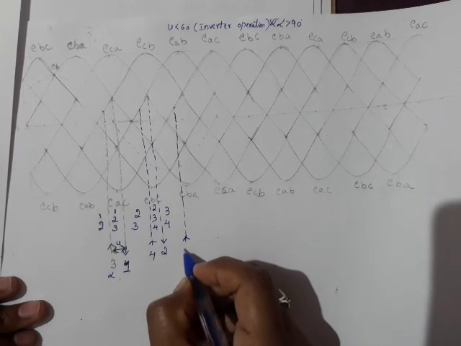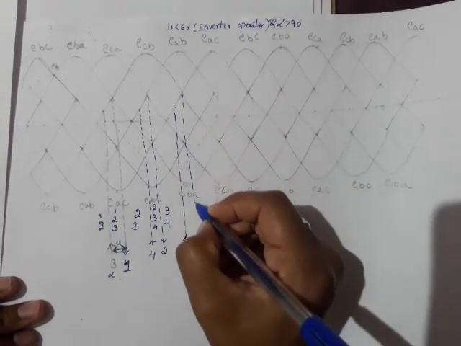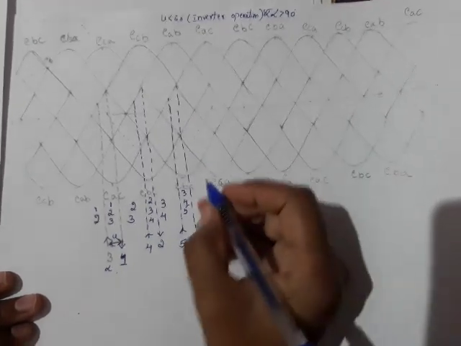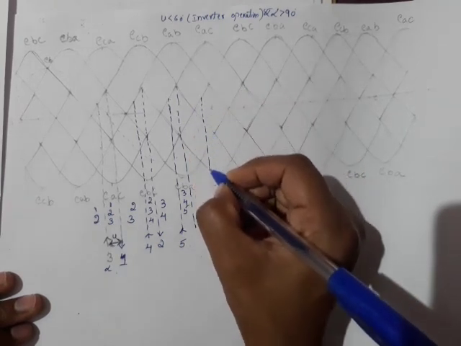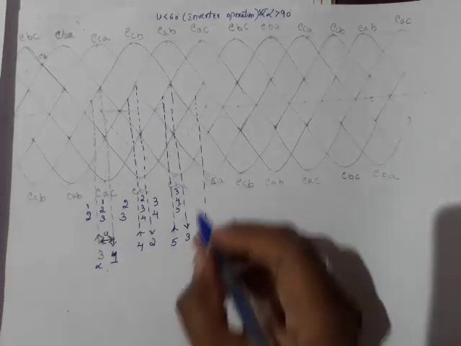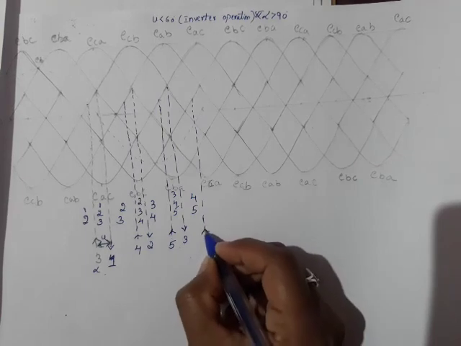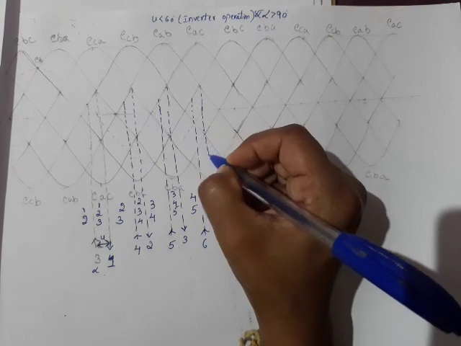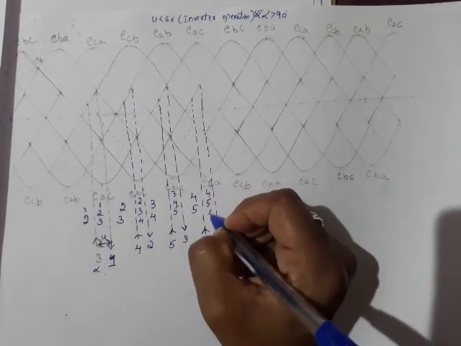Then valve number 5 comes into conduction. And this is your overlap angle, 3, 4, 5 right now. Then here again the conduction begins. So here valve number 3 comes out of conduction. So this is 4, 5 conduction. Then valve number 6 comes into conduction. Then it will continue to conduct with 4, 5, 6.